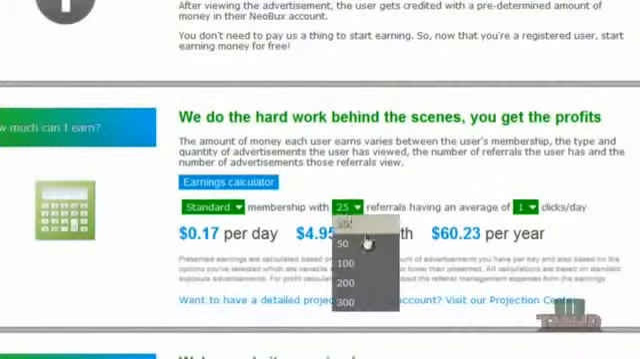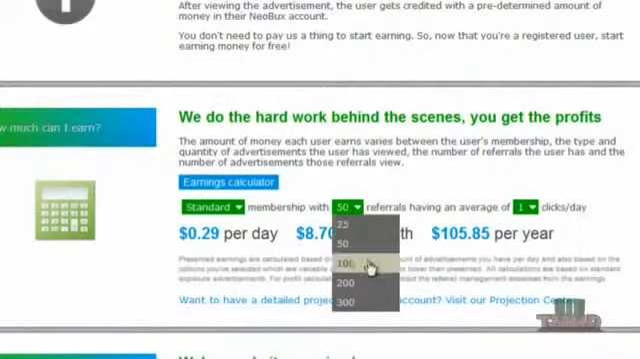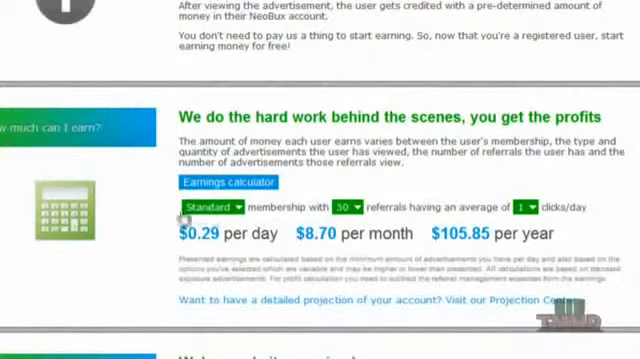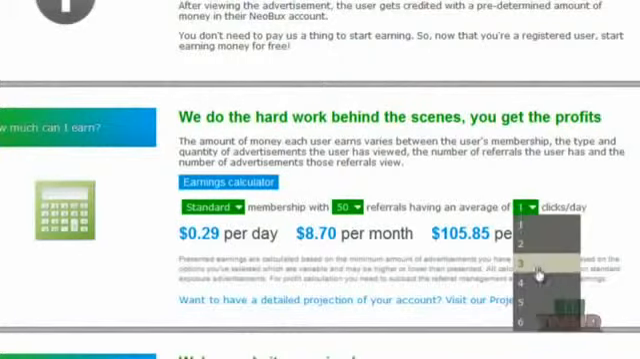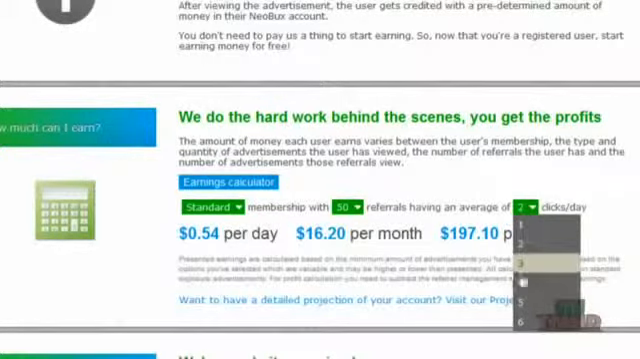So with the standard calculator, I'm at about 50. I just usually go to 50, and sometimes I round up if I am curious, but I go to standard because that's the membership I'm at. I go to 50 referrals, and I say maybe they click twice a day, just average twice a day. You can see I am making 54 cents, which isn't really what I'm making. I'm making about $1 a day because most of my referrals click